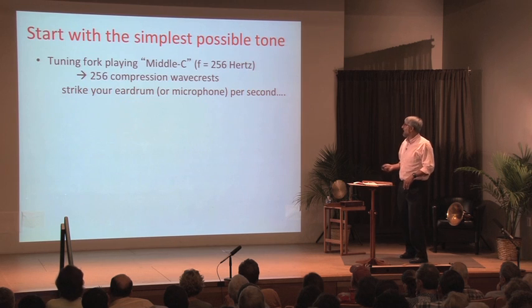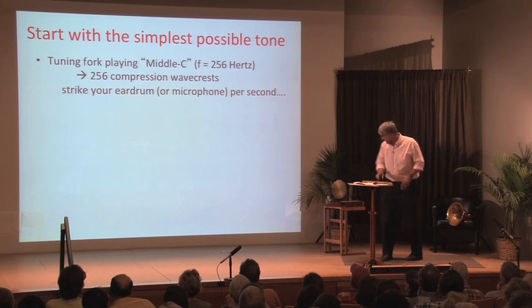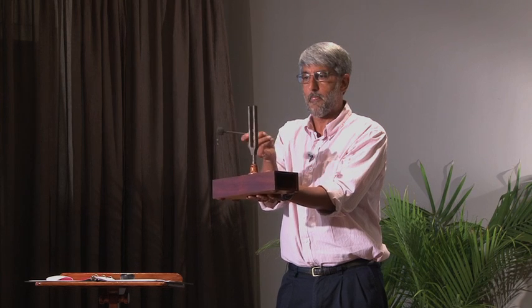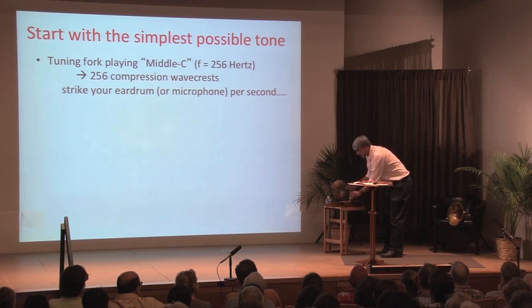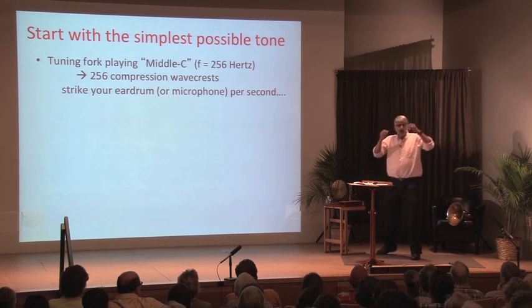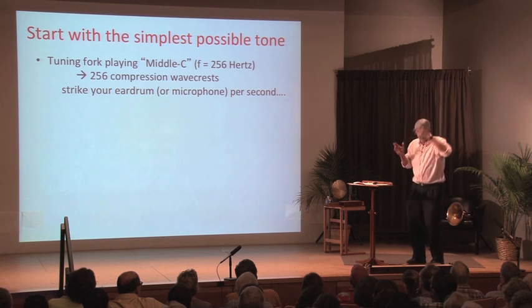Good. So now moving ahead, let's start with the world's simplest tone that I could come up with. Here's a tuning fork, and I've chosen middle C as my favorite note for tonight. Okay, so here's a tuning fork playing middle C. Let's all listen. Familiar sound. And there's something different and special about this musical sound compared to all others. Again, you want to think about that sound reaching your ears, going at 300 meters per second, those crests hitting your ear. And when we look, instead of our ear, if we use a microphone, which I did last week when I recorded this, what do we see?